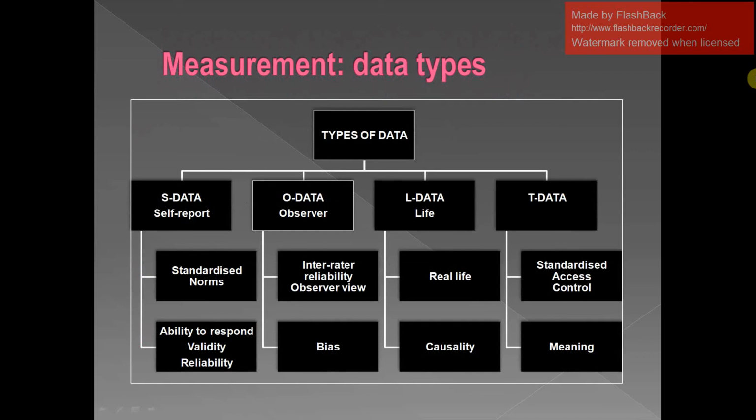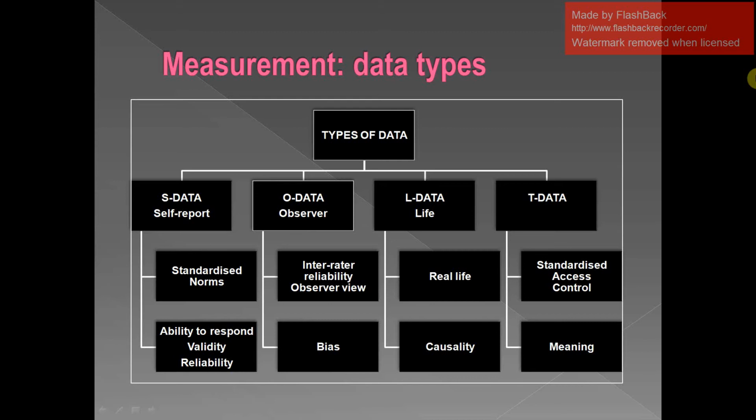So remember, the main types of measurement used in individual differences psychology are S data, O data, L data, and T data. S data is self-report data where the individuals report their own symptoms, behaviors, beliefs, and attitudes, usually through questionnaires and surveys. O data is observational data,